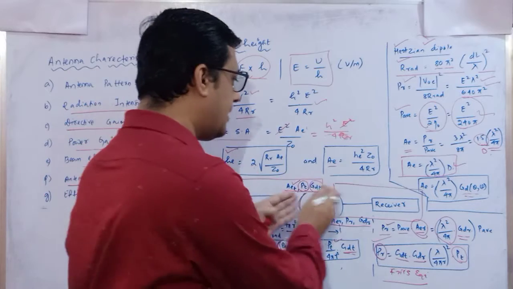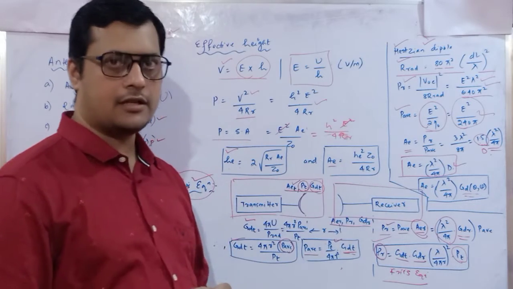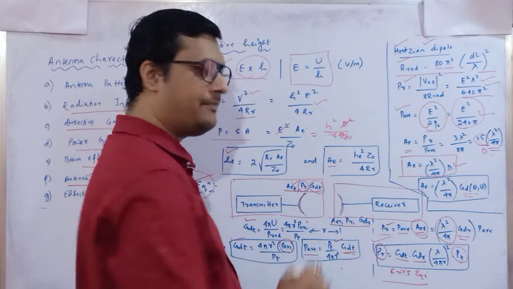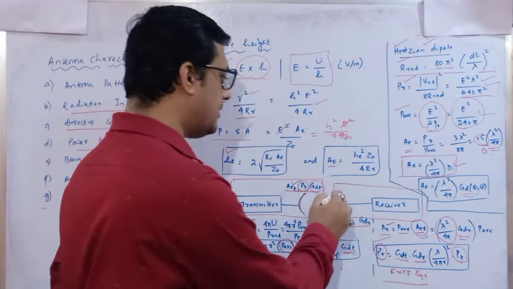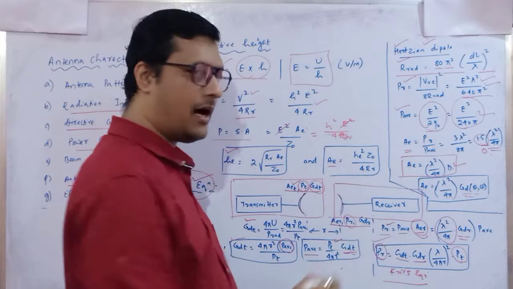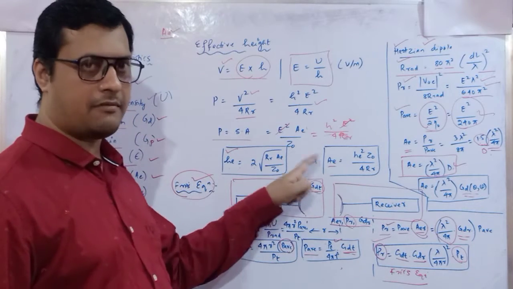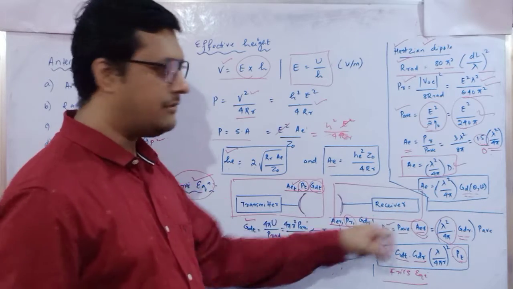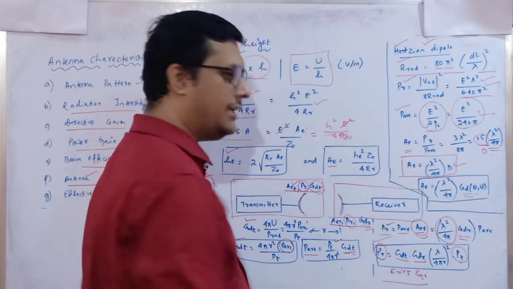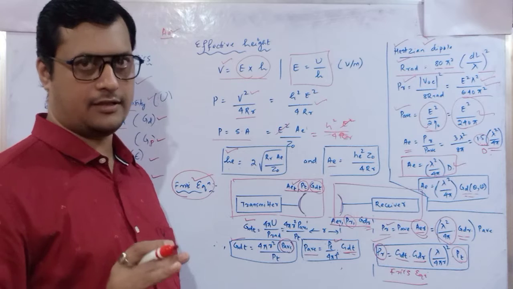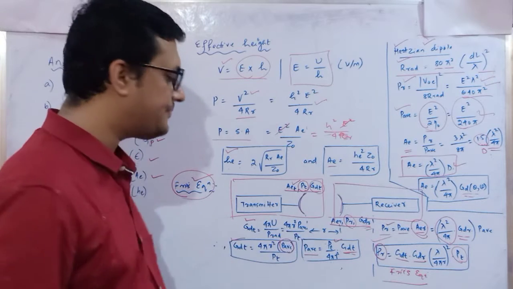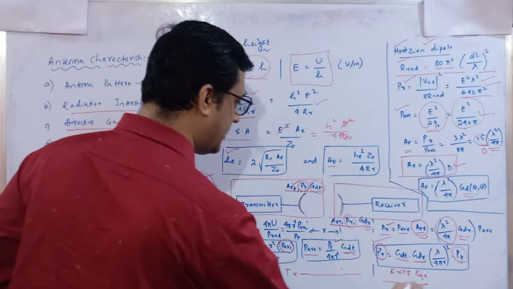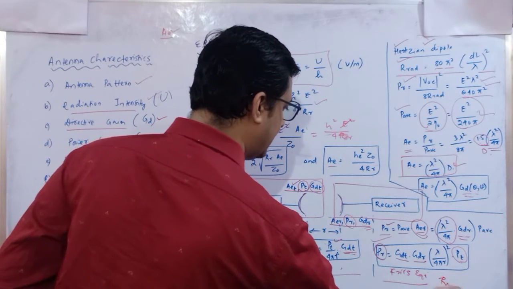Similarly, the same parameters I am using for the receiver with notation: effective area for the receiver, received power. Here I am receiving the power, so it is P_R. Here the power is transmitted, so it is P_T. Here the directive gain for the receiver is called G_DR. So these are the features. Okay, how these are related, let's see. First we will discuss the transmitter part. So this is the transmitter and this is the receiver part.